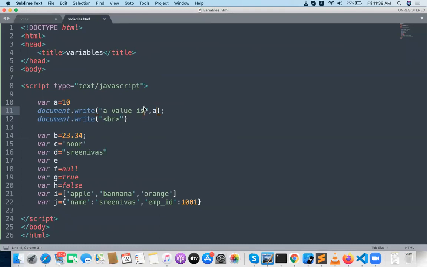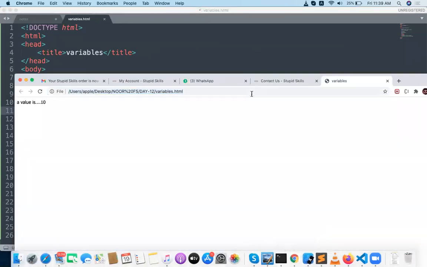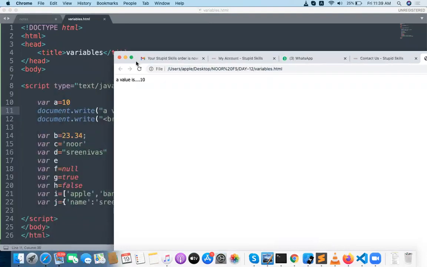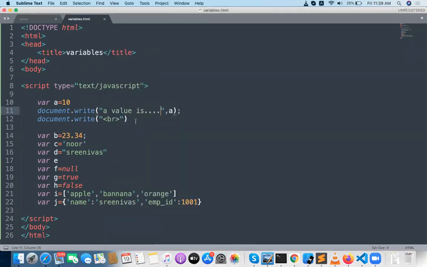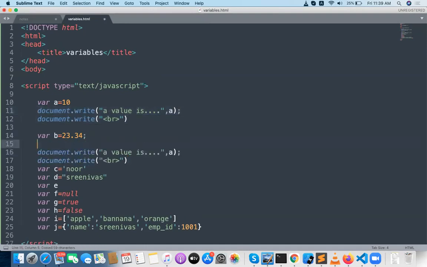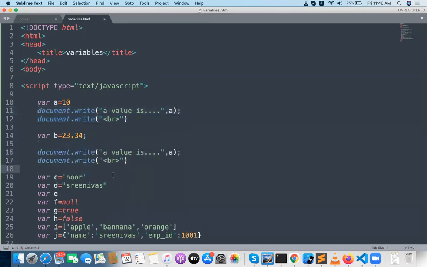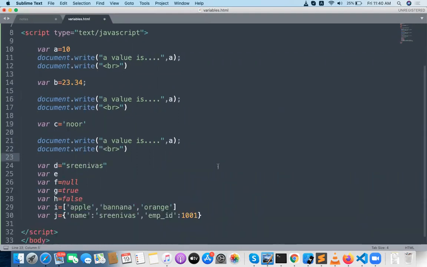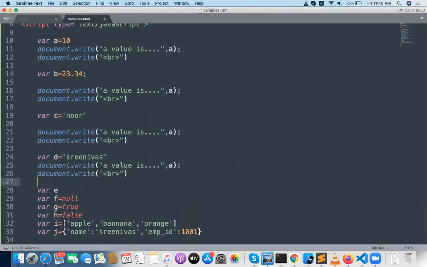Something we got printed, right? Yeah. So in the same manner, A value is 10, that we already got printed. So this is the A value. A value is 10. And I want to print, in the same manner, each and everything. What is the B value, what is the C value, what is the D value, each and everything I want to print. Okay, you should practice all these things later.